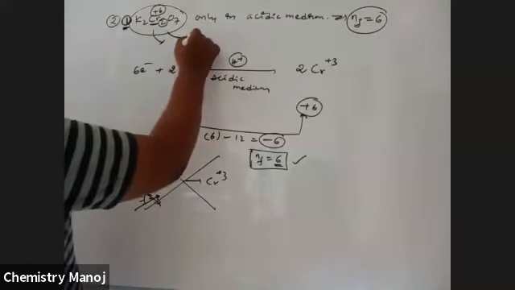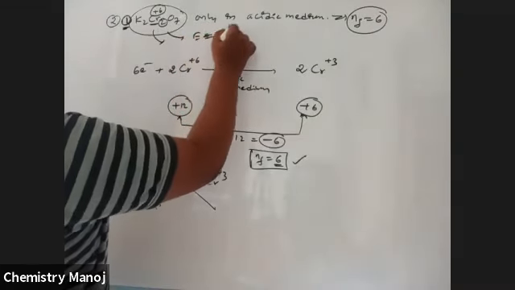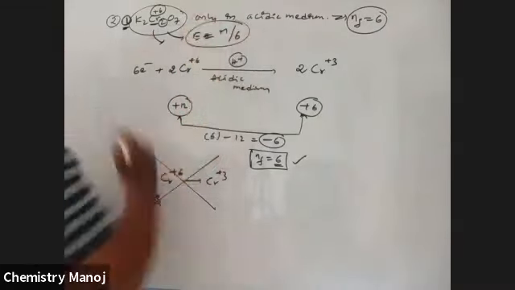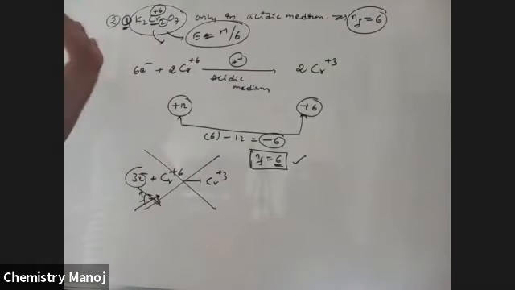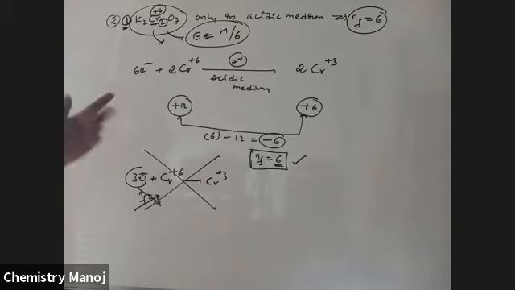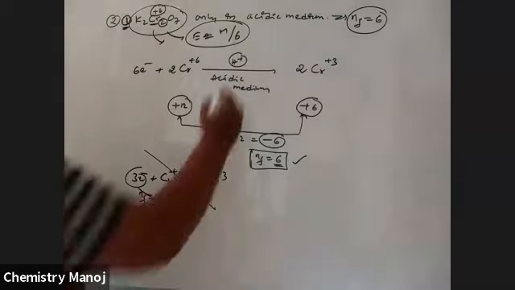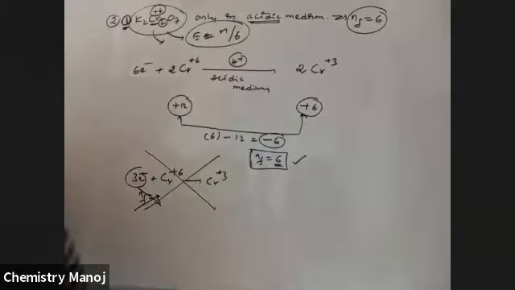Therefore, for this, equivalent weight is equal to molecular mass by 6. So you should calculate the molecular mass by 6 as the equivalent mass of the substance. Equivalent mass of K2Cr2O7 is equal to molecular mass by 6. My dear boys, it is in acidic medium only. In our syllabus, only acidic medium exists for K2Cr2O7.